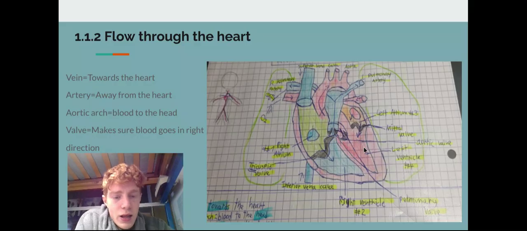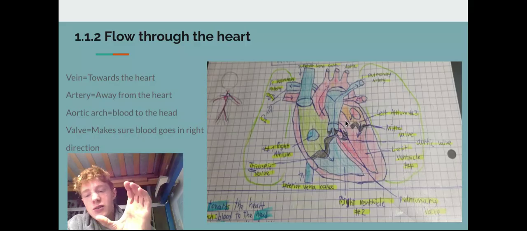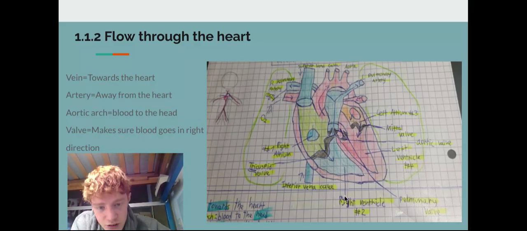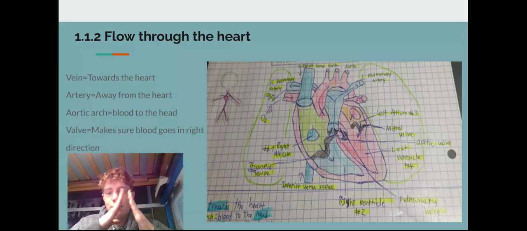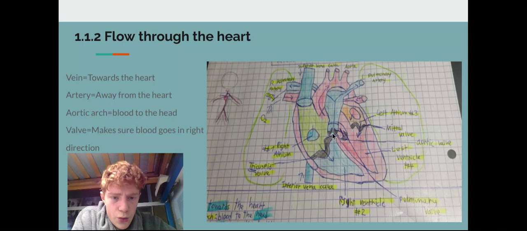Now, the oxygenated blood is in the left ventricle and gets squeezed into the aortic valve. Now notice how I say squeezed. As I mentioned in the last video, the heart is a pump. So every time it squeezes, blood gets pushed through the valves, and of course it tries to go back, but the valves make sure that that doesn't happen. So, through the aortic valve into, of course, the aorta,